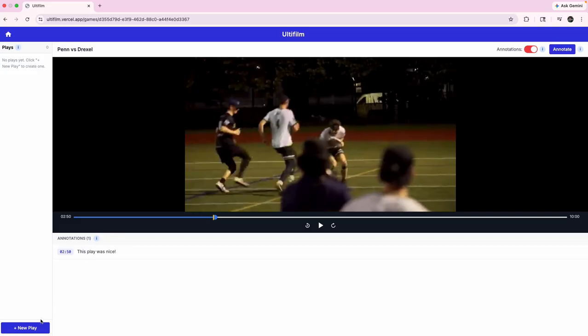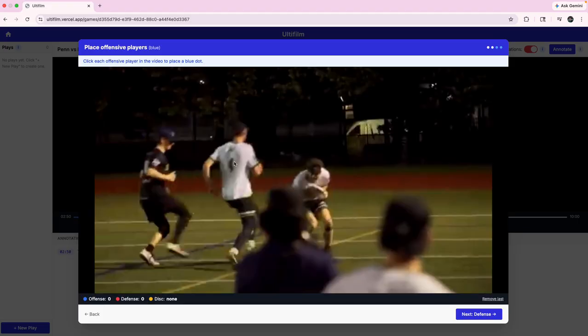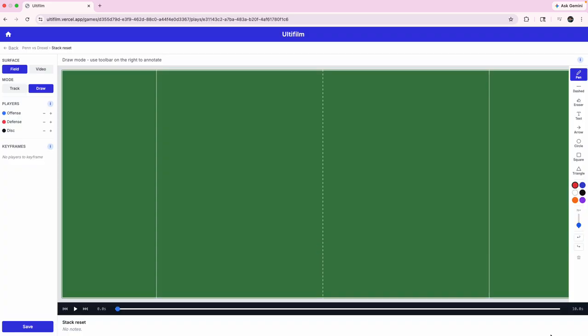And the main part of the app is the functionality to create new plays. So if I say, let's call it a stack reset, it's going to be the name of my play, and I click next, I'm prompted to choose the players right here, which are the defensive players and the offensive players. Let's say that these two are offensive. Let's say that this one is defensive, and let's say that the disc is right here with this guy. And when I create the play, I can visualize